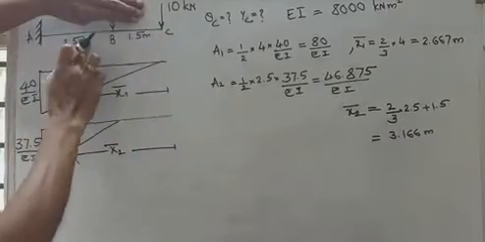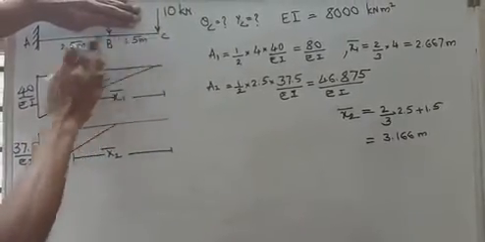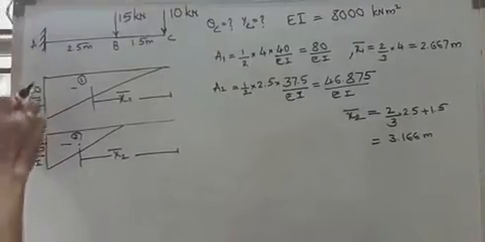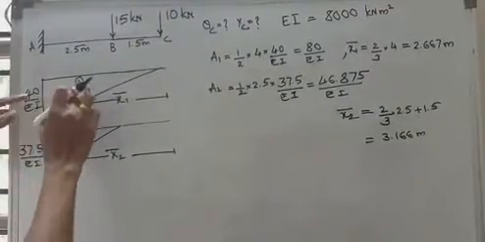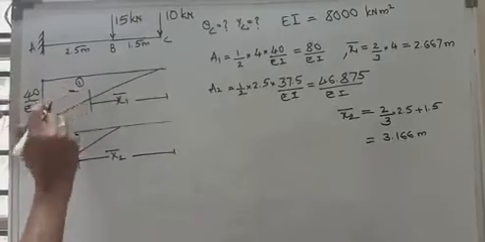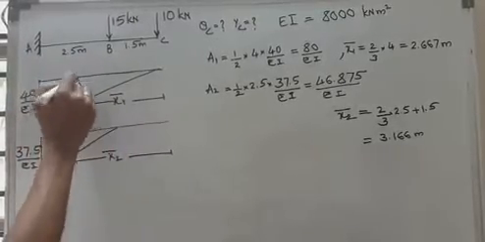So 10 into this 2.5 plus 1.5 is 4 meter. So 10 into 4, so you will get here 40. It is M by EI, therefore 40 by EI. Of course my diagram is negative, hogging bending moments. This, let us call it as 1.